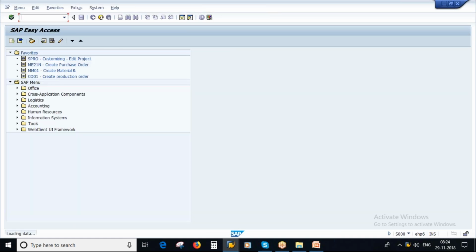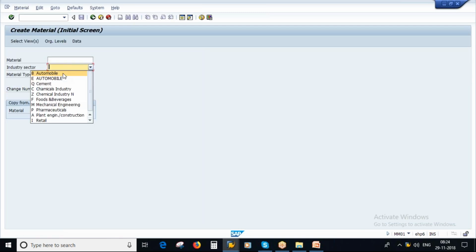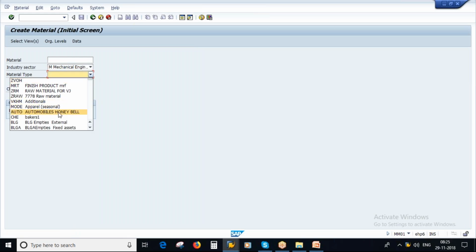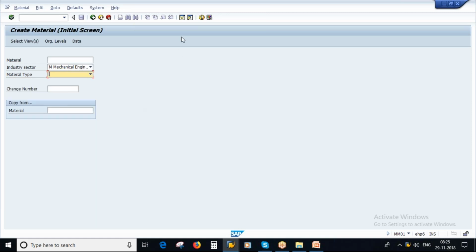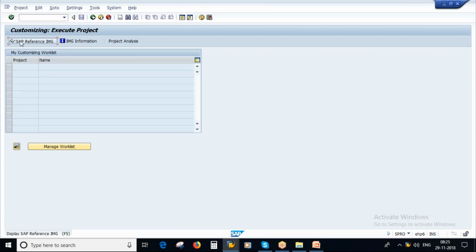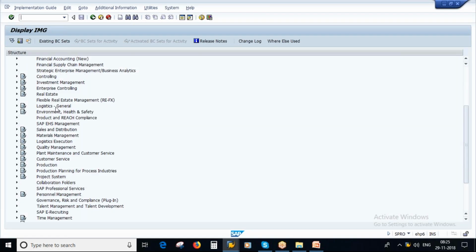So when we are creating the material, suppose if I select industry sector, now if you see here, you have a lot of material types. All these material types will come from here, the list. If you go to SPRO, SAP reference IMG, scroll down, go to logistics general,